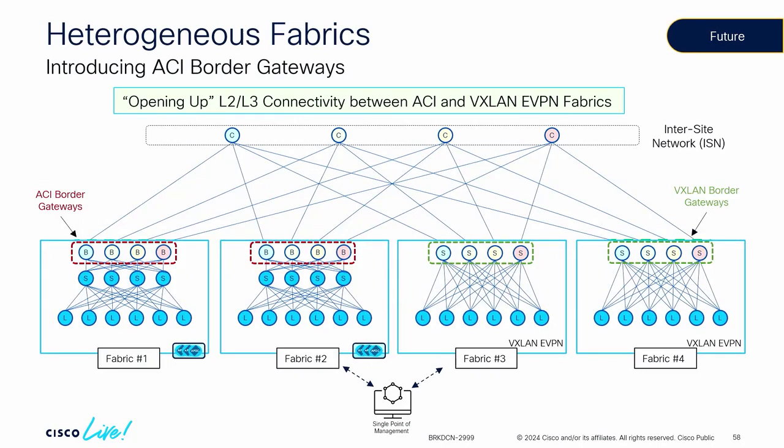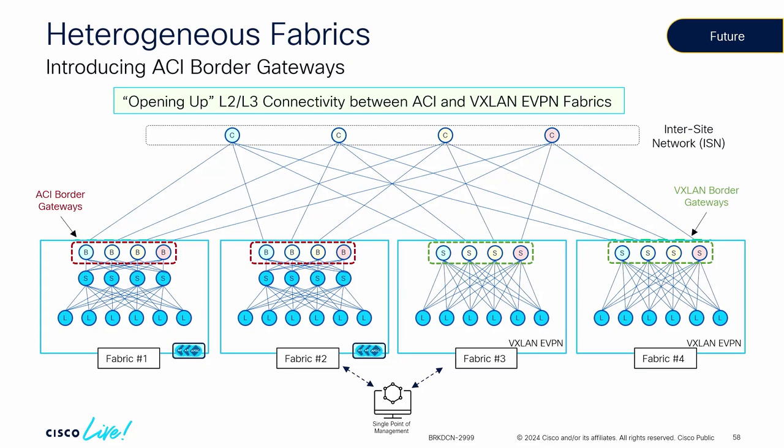creating, and this is in the work and it will come in a few months, what we call an ACI border gateway, right? And I see people take pictures like, yeah, this is new. Well, ACI border gateway, the purpose is opening up connectivity, L2 and L3, for now I'll just stay at the connectivity, between ACI and VXLAN and VPN fabrics, right? They all become equal class citizen. Doesn't matter the specific technology you have in each of these building blocks, because they're all interface with each other using this border gateway